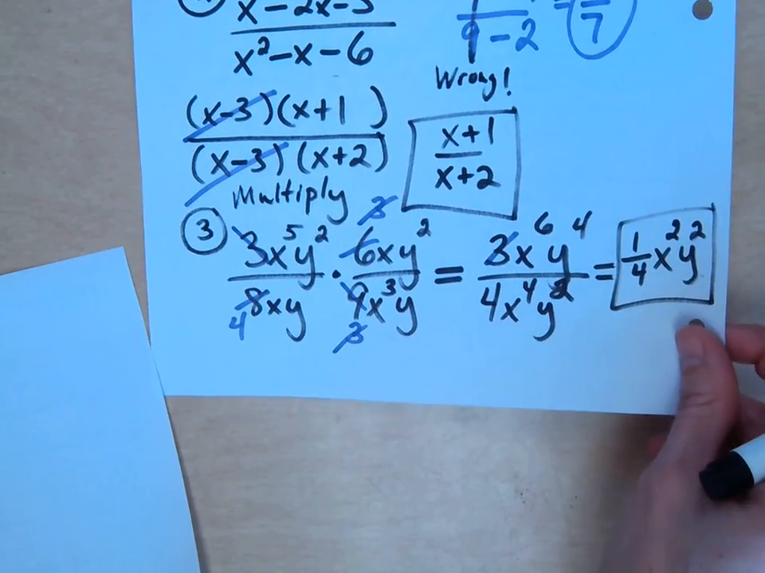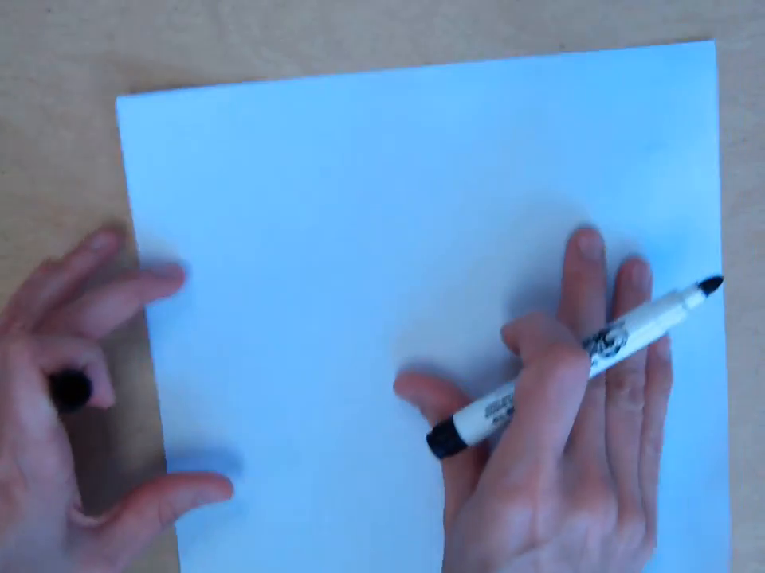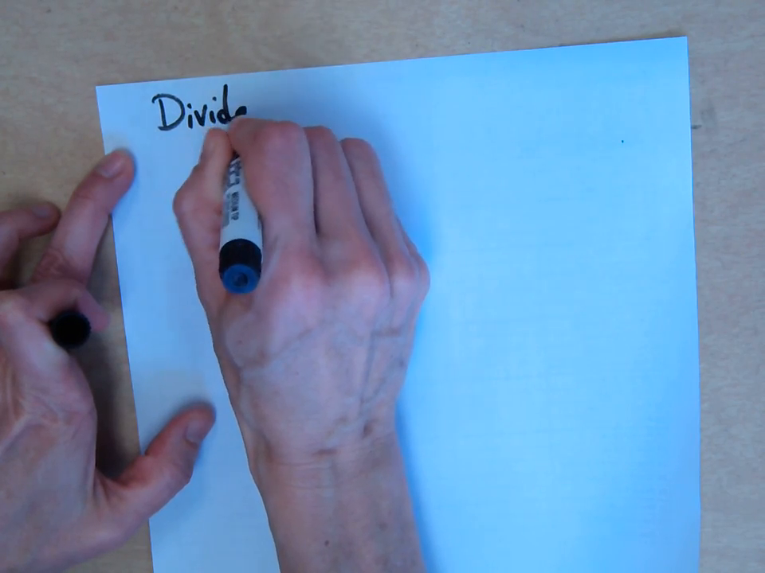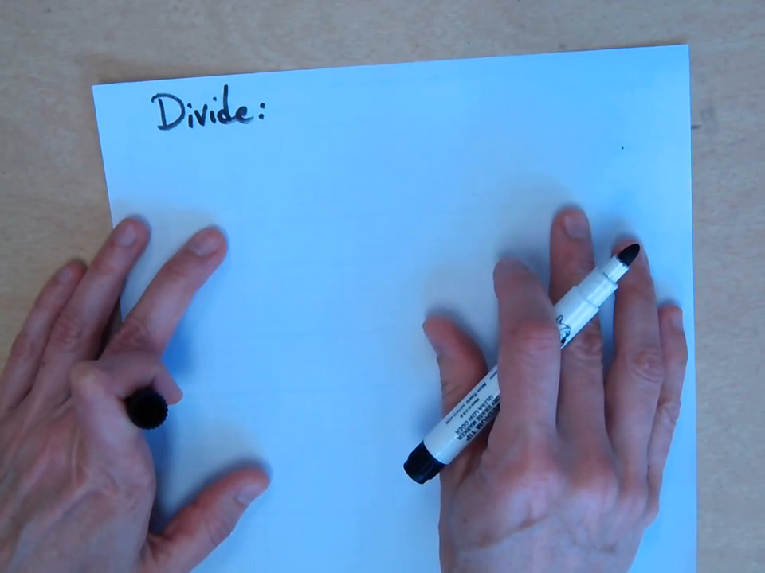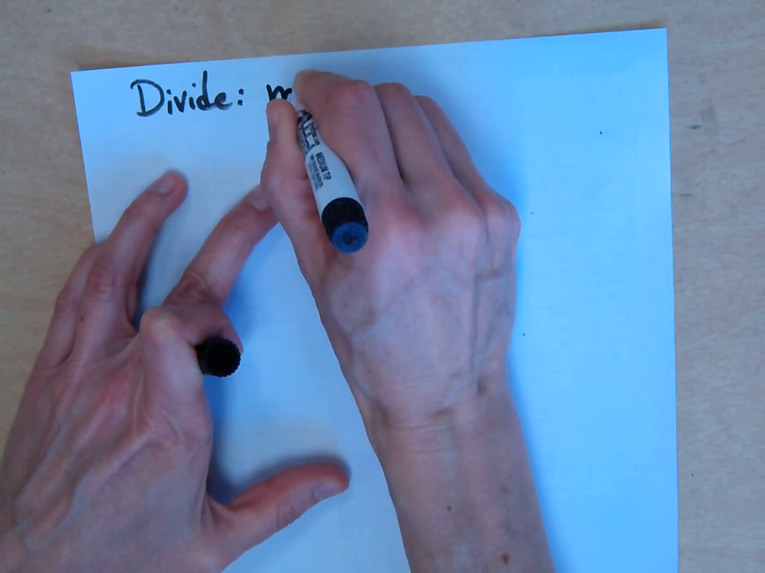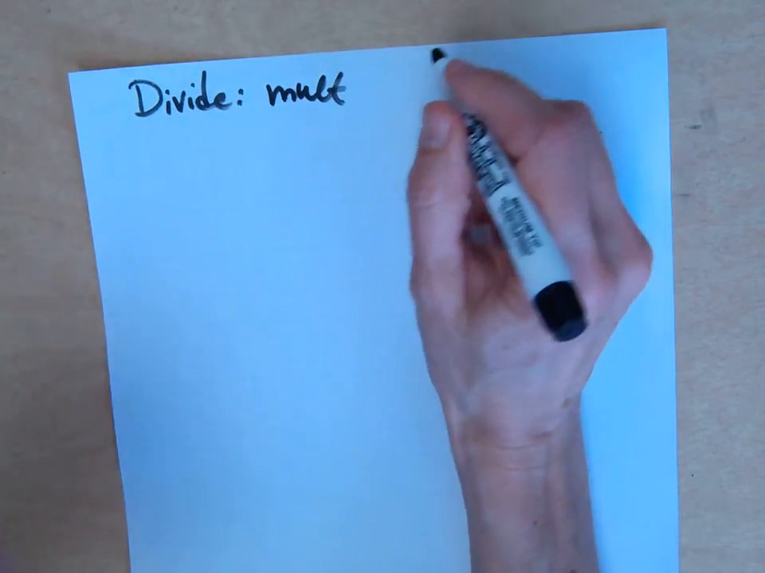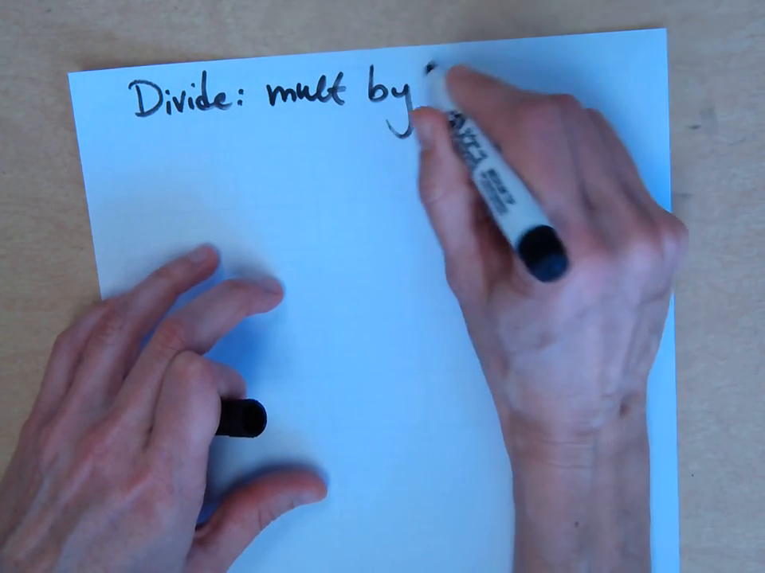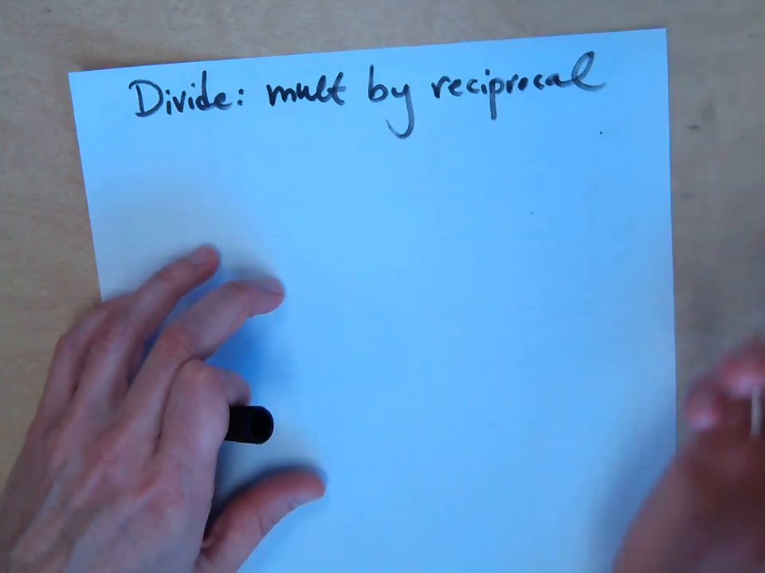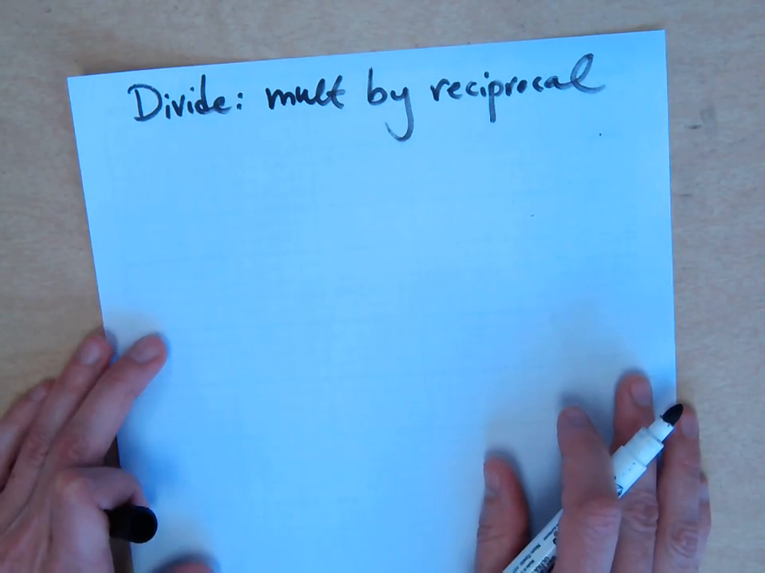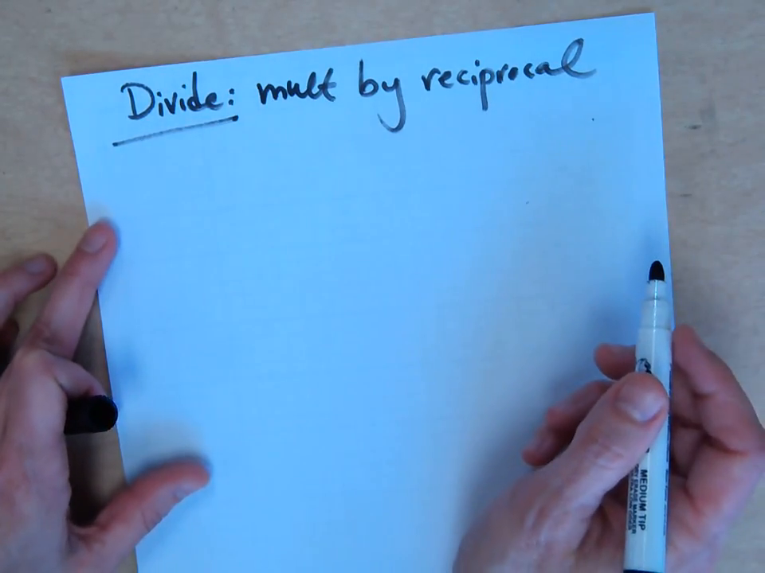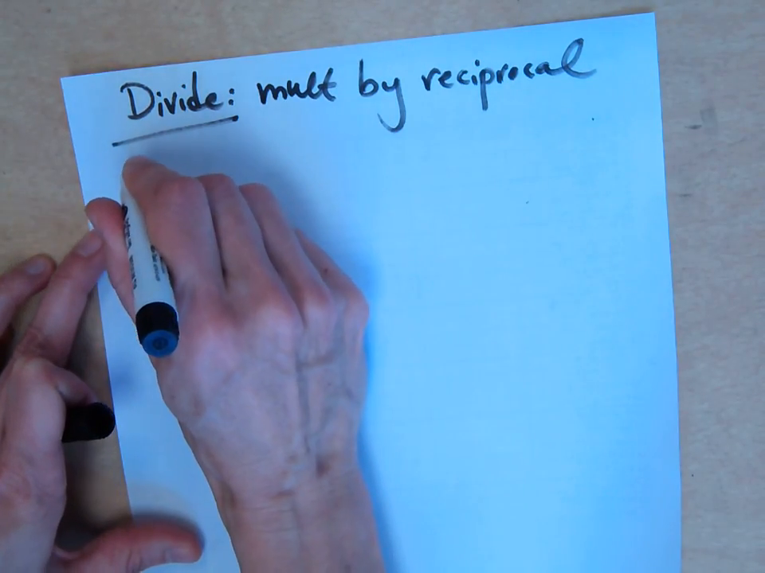So let's say the directions say divide. The cool thing about dividing is it's the same as multiplying by the reciprocal. So on all your divide questions, here's the key. Just multiply by the reciprocal. And you already know how to do multiplication, so that hasn't changed at all. So the directions are divide. So let's say we have